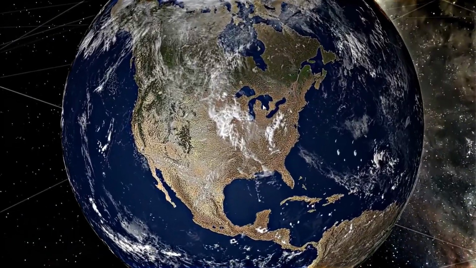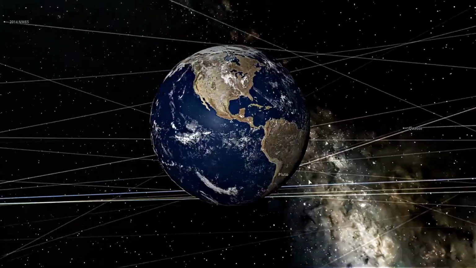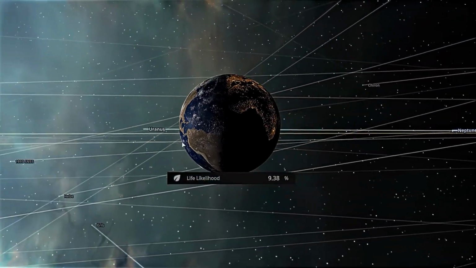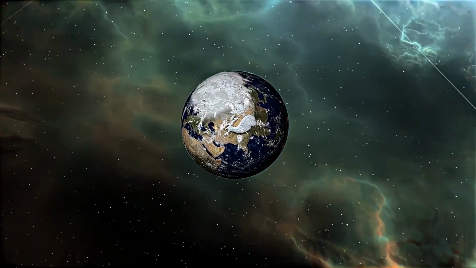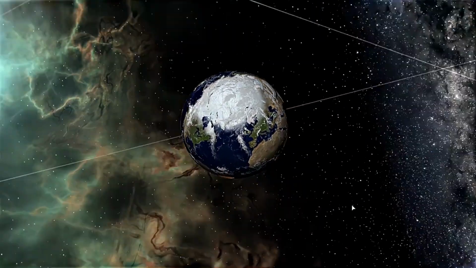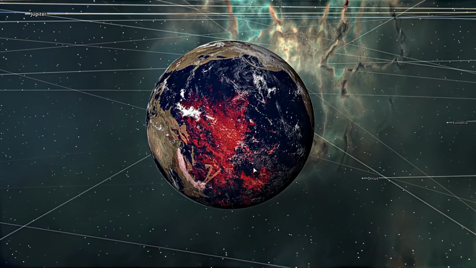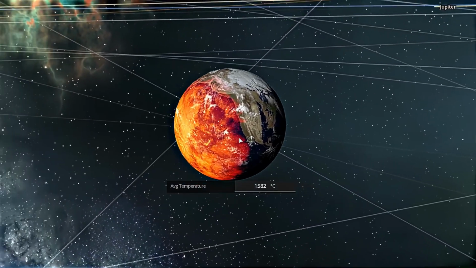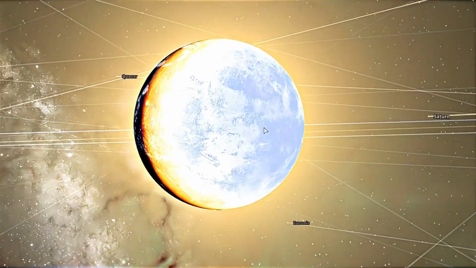In some places, the snow has already started melting. You can see that the vegetation in America is being evaporated. Ooh, that's not good. The likelihood of life on Earth started to drop rapidly. Yeah, the supernova started to swallow Earth. Wow, the ocean is turning into lava. That's crazy. Okay, I think Earth is getting a bit hot here.